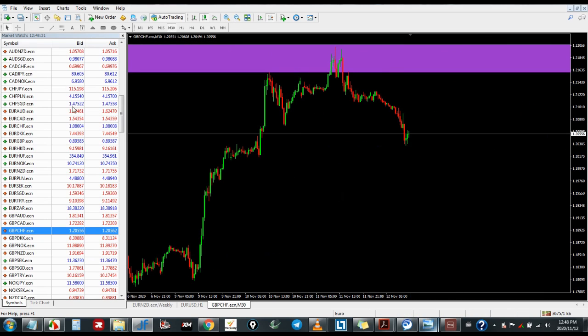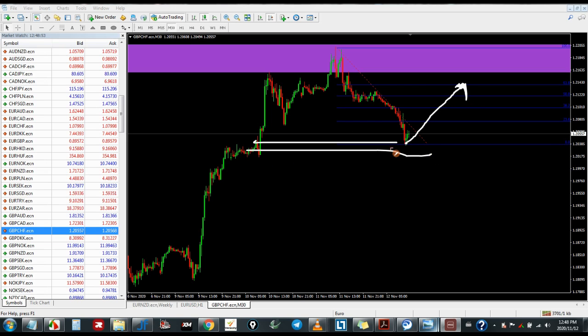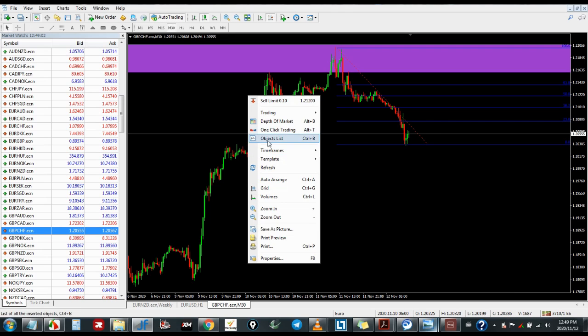You can even use a Fibonacci, drag it there. Once the pullback happens somewhere around 50% or 61.8, like always, buy low and sell high. You can't sell here. You can sell here, there. Not saying you can't sell there, but I can see a demand zone. So you'll be selling into a demand zone. It will reverse against you, then continue in your direction. So there's a lot of homework that you have to do in your trading.